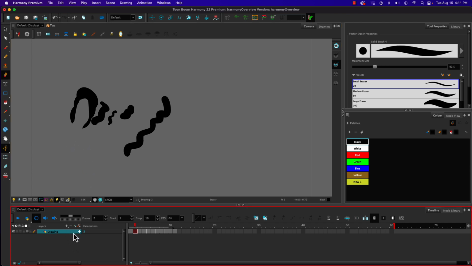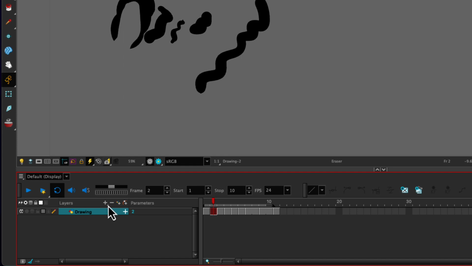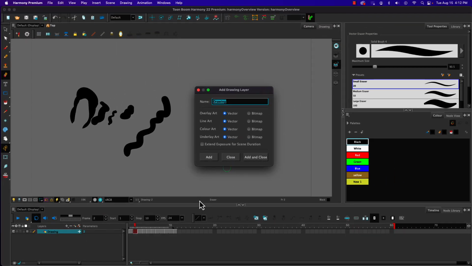Okay, now down at the bottom here where it says Drawing, if I want to add another drawing layer so I can work on that, I can just simply click on the plus and choose Drawing. I also have the option down here where we see the little triangle, circle, square, or some, I can't quite tell, but the red, yellow, blue. I click on that, and it now allows me to add a new drawing layer. So the way it works is we give it a name, so I could just go